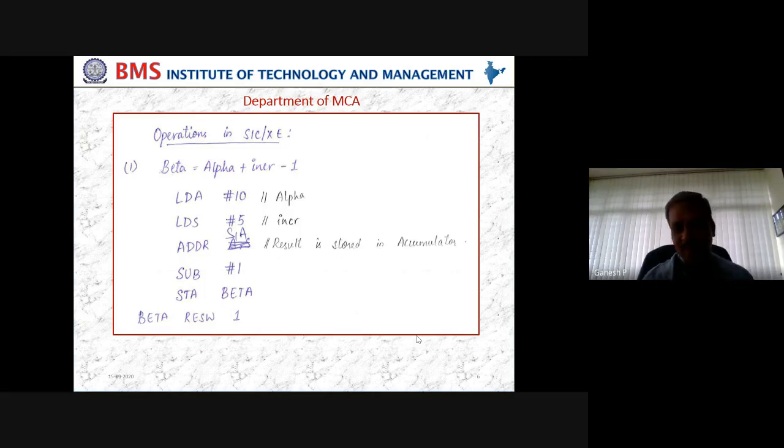Just compare this program with your previous SIC program. There we never had flexibility in the addressing mode. We used only one or two addressing modes, the direct addressing mode. We could not use immediate addressing because SIC does not support that. Thereby your program had 8 instructions, whereas here the program has only 6 instructions. So I am reducing by 25%. My program length has been reduced. That is the advantage of SIC XE. Not only memory reduction, but understanding is also very clear here compared to the previous program.